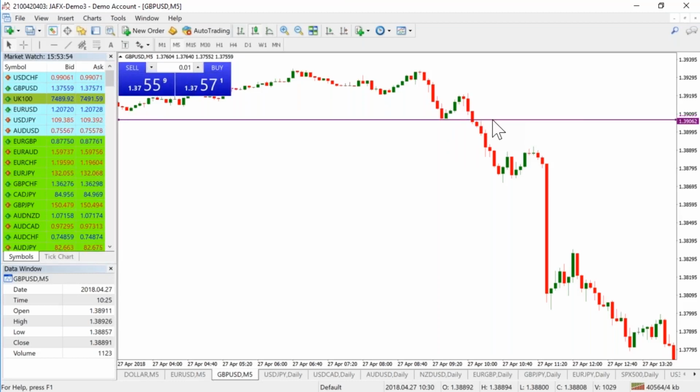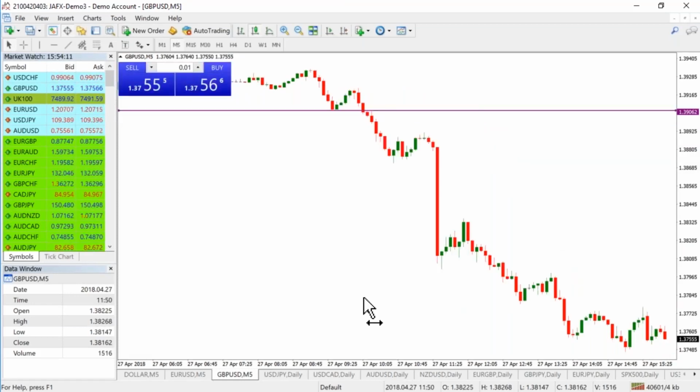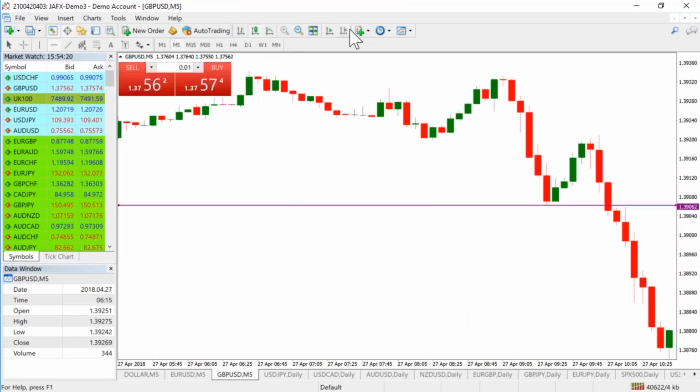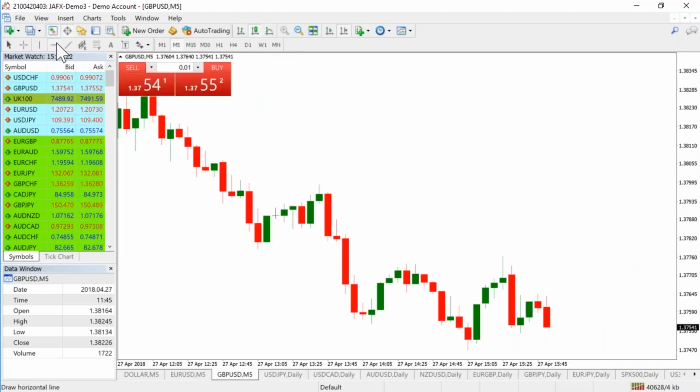And when we talk about confirmation as well, it's important from an educational perspective to have a look at this area in here, because what we can see is this market rolling to the downside, which is great. And then on a 5-minute chart, what we like to do is to wait for the close of the market and see if we get continuation. And you can see we close below that level, but we don't get continuation. So that's when you've got to trade these levels of support and resistance, and just be clever.